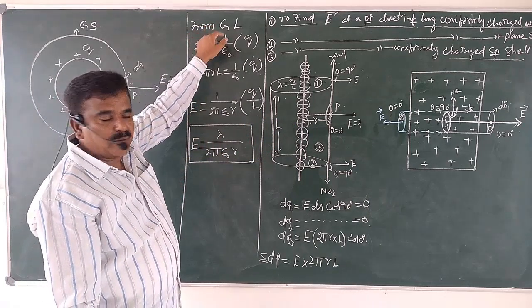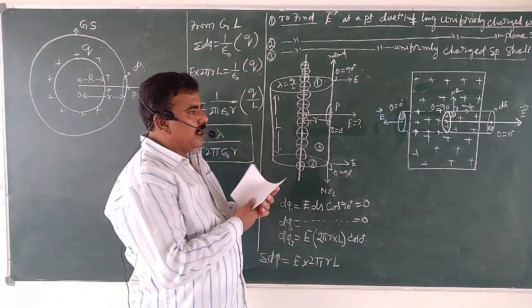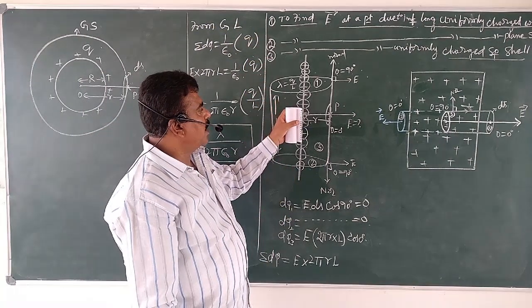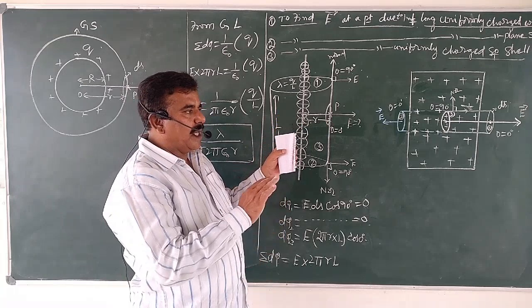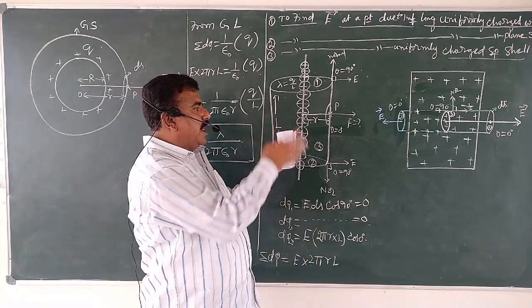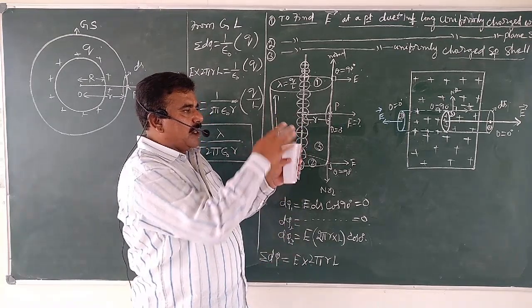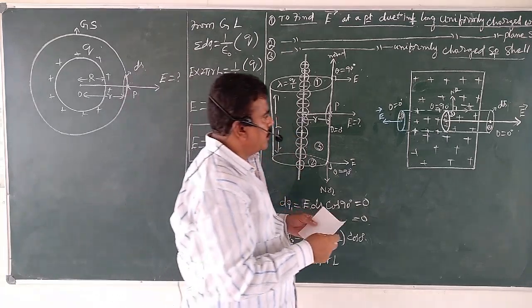This is a very important application. Please understand, the Gaussian cylinder should be a closed surface. So what type of surface have we assumed? A Gaussian cylinder, a cylindrical surface. To apply Gauss law and make the work simple, we divided the surface into three parts: the upper circular surface, the lower circular surface, and the curved surface.